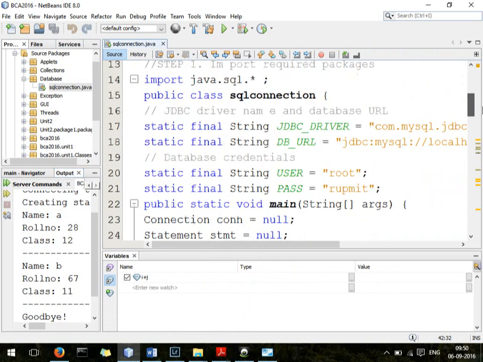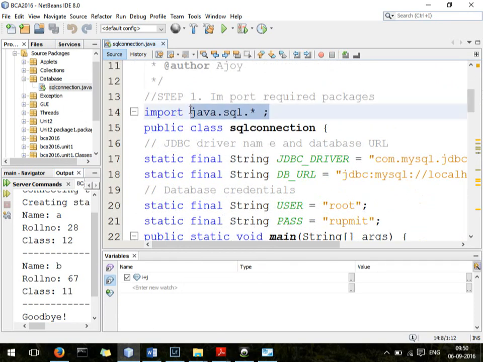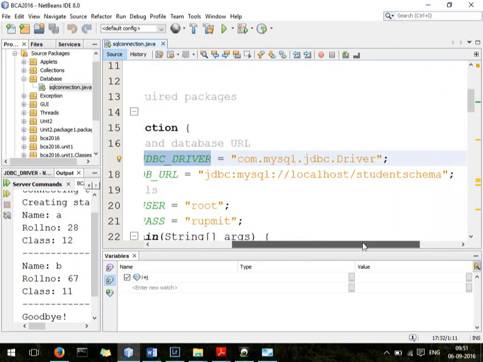So what is happening here is that, as I told you, first of all, you need to import java.sql, because this is the most important. All the classes and packages are inside this SQL. Then the first thing that we do is create a JDBC driver, isn't it? So this is the driver to connect to MySQL. You may have written down last time how to connect to Oracle, to Microsoft Access, and all different strings are given to you, isn't it? So this is the JDBC driver for MySQL.